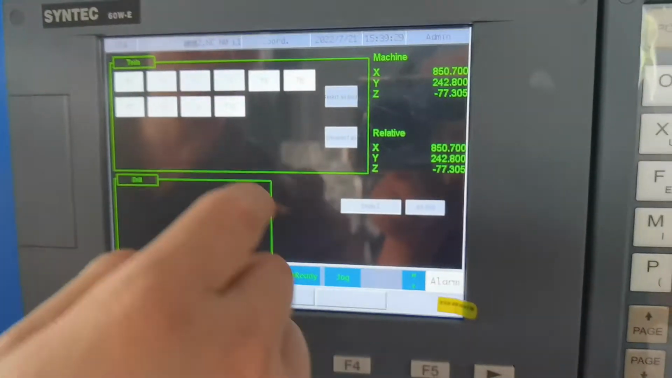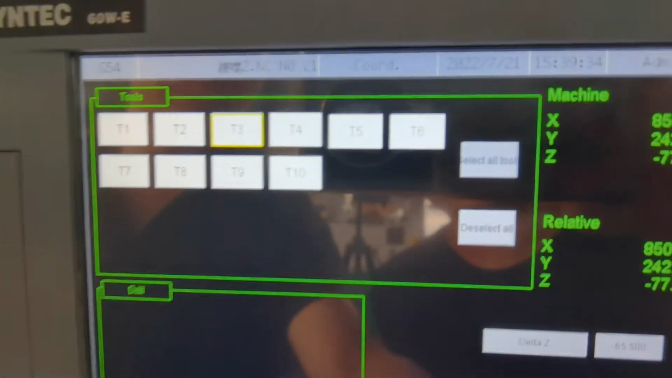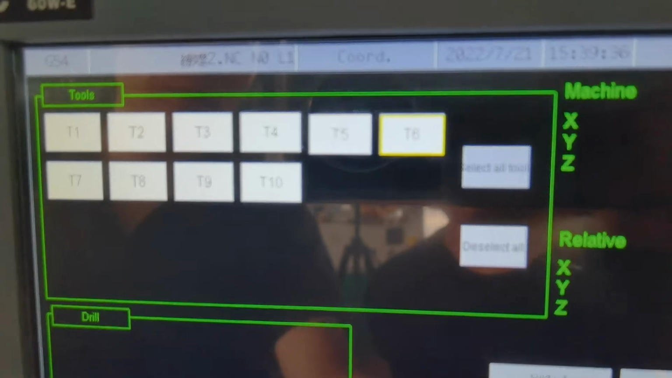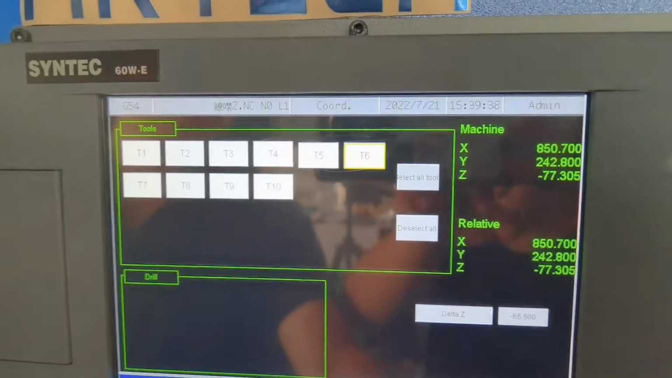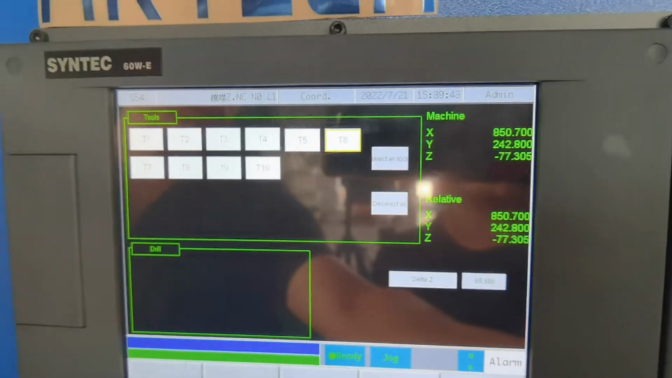你需要对哪一个走？就把光标移动到哪个上？Here are 10 tools. You can select which one you want to set. 移动上之后，选择一下。For example, we set the